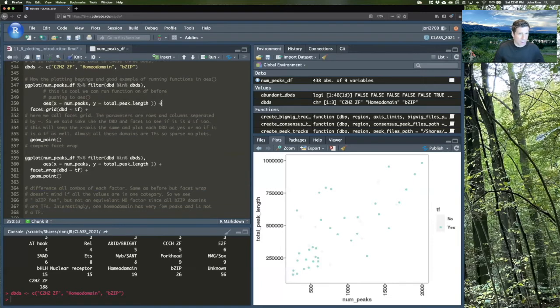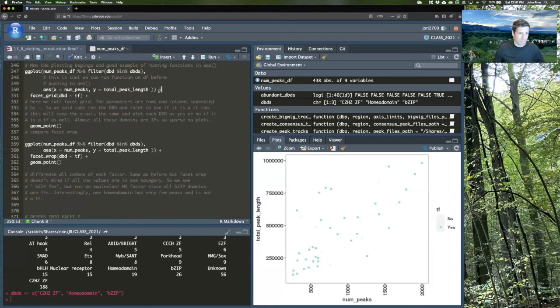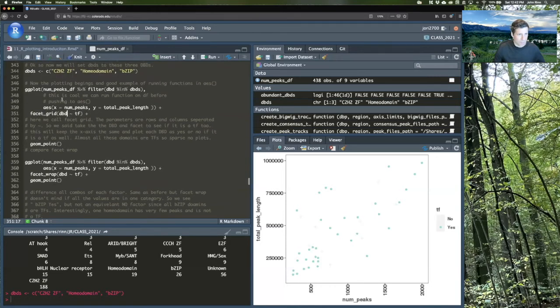And now here's where we're adding the facet layer. We're adding the plus sign to add one new thing, which is facet grid. It's easier to understand for now because it's going to always keep the X axis the same. And this is a tilde we're going to see for the first time here, which simply means pass to, essentially. So what facet grid is going to do is look in the DNA binding domain column, and that's been filtered